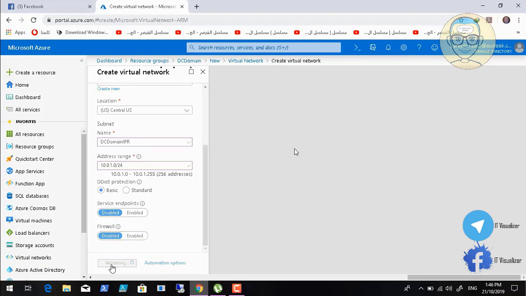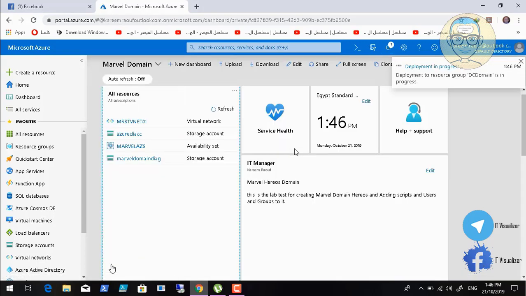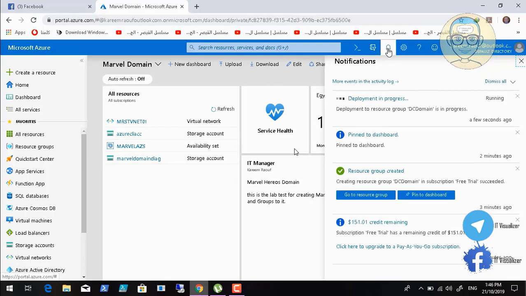So now I have created our first, or our DC Comics resource group, and then we create our DC Comics virtual network, and then we'll begin creating our first virtual machine in this DC Comics virtual network. Okay, which will be our first domain controller in the DC Comics domain. Here we can see that this is the dashboard. I will show you in a separate video how we can play with this dashboard and customize it. Okay, but anyway,